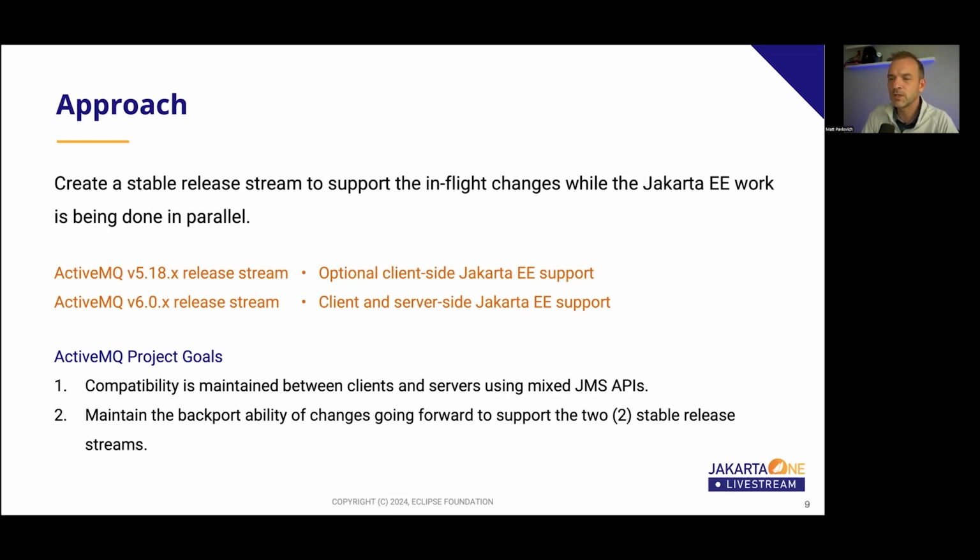Secondly, as best as possible, we want to maintain the ability to backport changes going forward between these two releases. For example, in the 6 series, we started adding more features around observability, performance metrics, and things around improving the capability for multi-tenancy. Any of these cool new features, we also wanted to have the ability to backport. So without everyone having to be a major Git ninja, we wanted to keep those commits manageable so that we could backport a lot of these cool features.